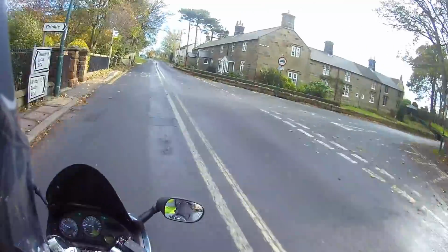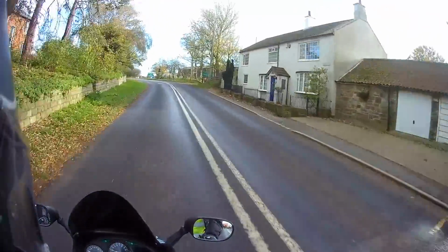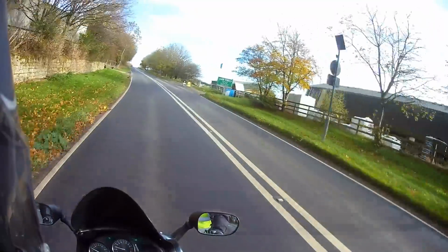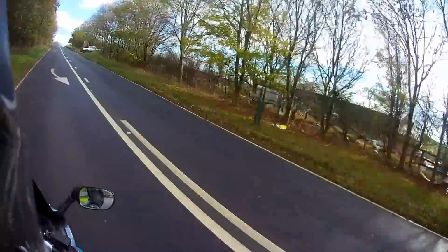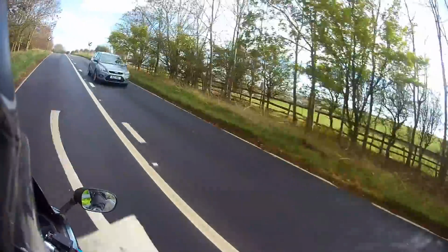And that, folks, was Easington. Not much there, but a great farm shop here on our right. They do a tea room in there. Brilliant place actually to get stuff cheap as well. And now we're coming over towards Boulby,